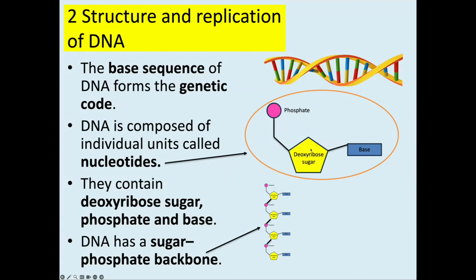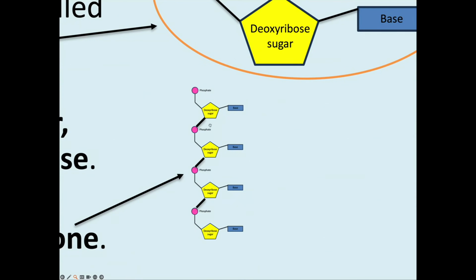Okay, so the phosphate, the deoxyribose sugar, and the base. And fun fact, the deoxyribose is the first part of DNA, so deoxyribonucleic acid. So the deoxyribose sugar is what gives it that part of the name. Okay. Now, if we look at several of these molecules all joined together here and we zoom in,